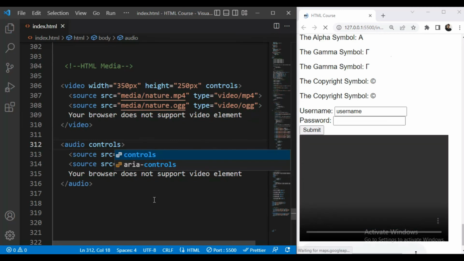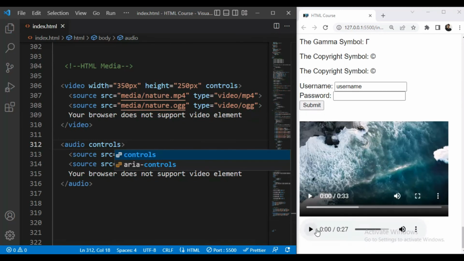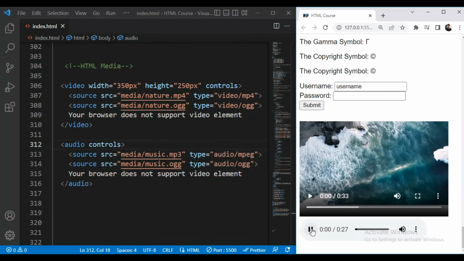Let us save this. Now you can see we have this audio. We will reduce some volume. So these were the HTML media. We have seen the video element and audio element.